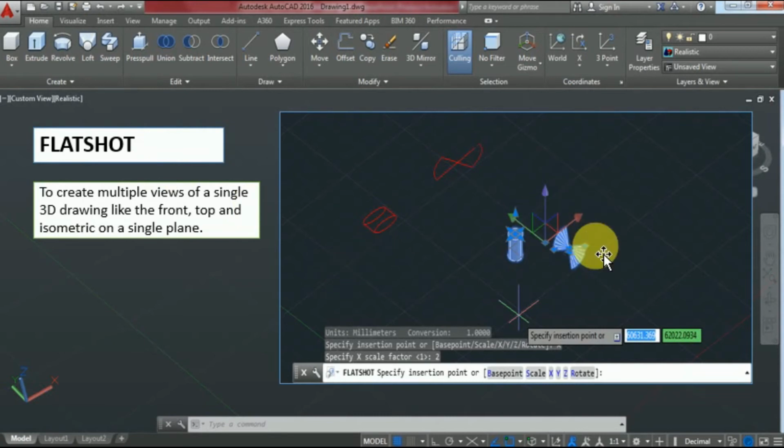Here 3D drawings can be viewed in top, front and isometric views using flat shot. With this command you can get images of the object in any views. Here you can see the object in these XYZ views which you can get using flat shot.